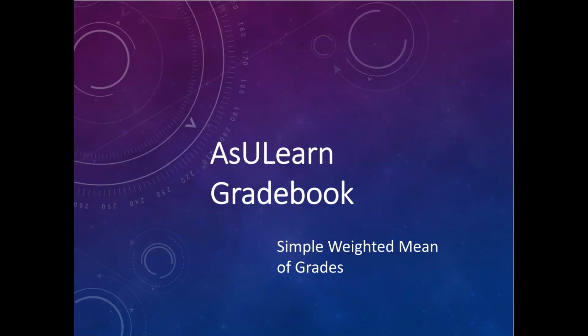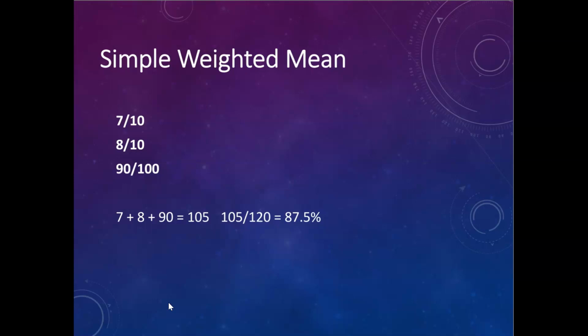In this video, I want to talk about the aggregation type called simple weighted mean of grades. And what exactly is simple weighted mean? What this aggregation does, if these are some sample scores that the student has at this point in the semester, a 7 out of 10, an 8 out of 10, and a 90 out of 100, simple weighted mean is